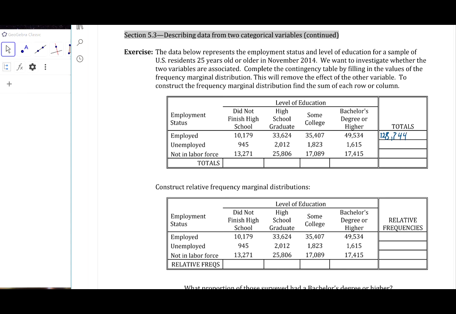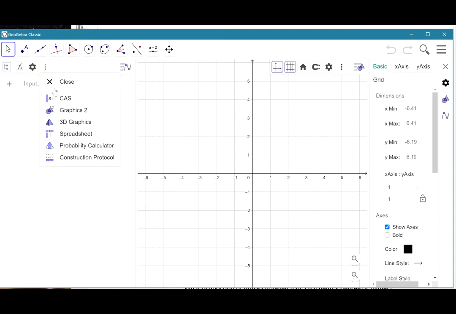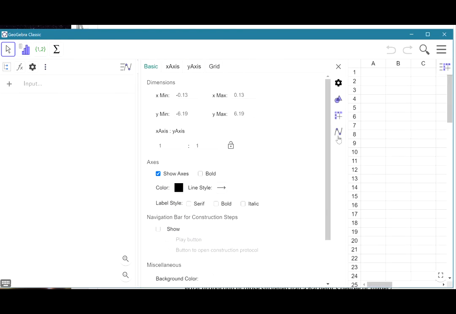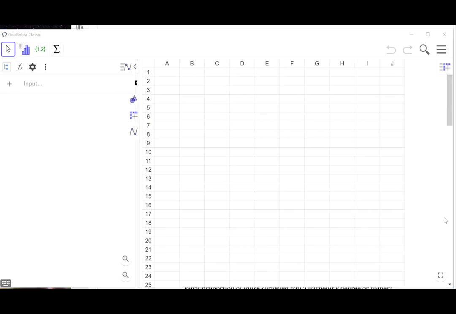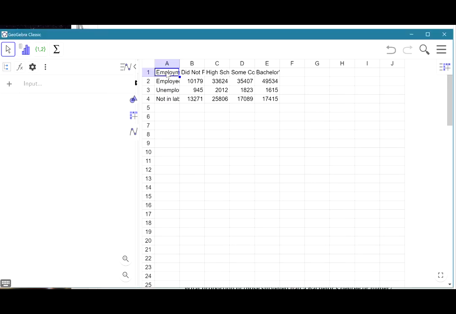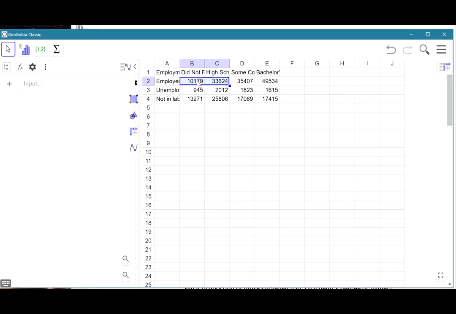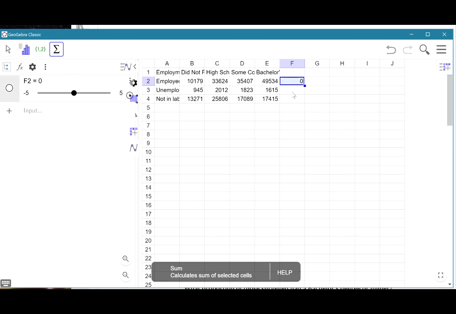I'm going to show you how to do it quickly in GeoGebra. So first we want to go to the spreadsheet. And then you can either type in the data or paste it in if you have it saved elsewhere. Then to find the sum of that first row, select the data that you want to add up and